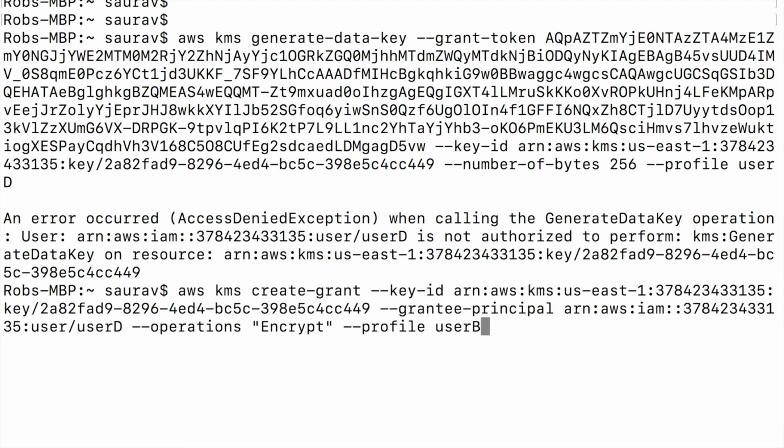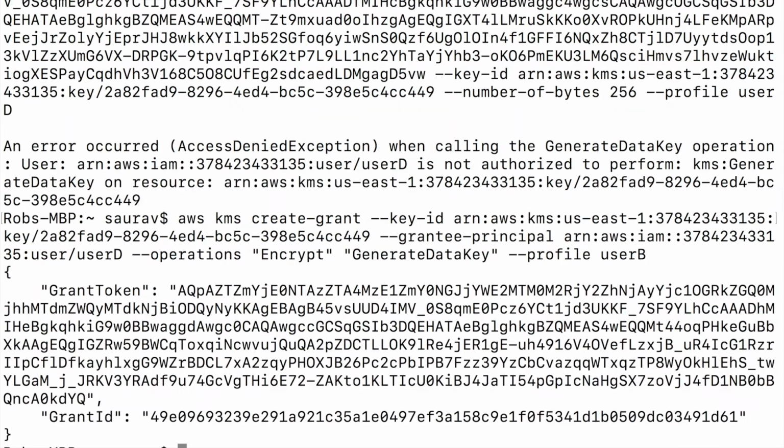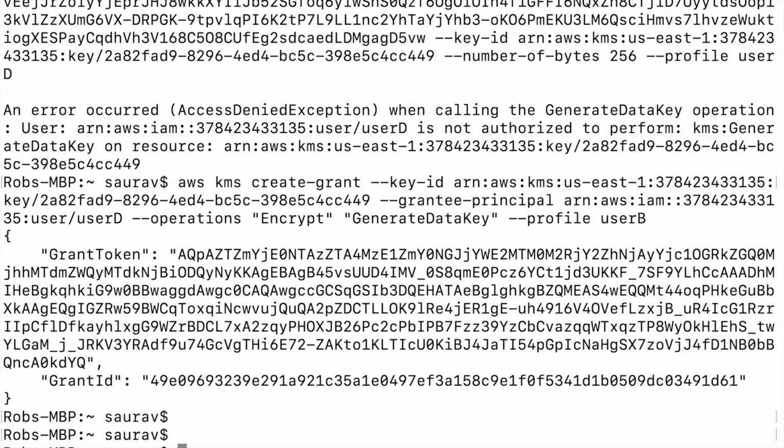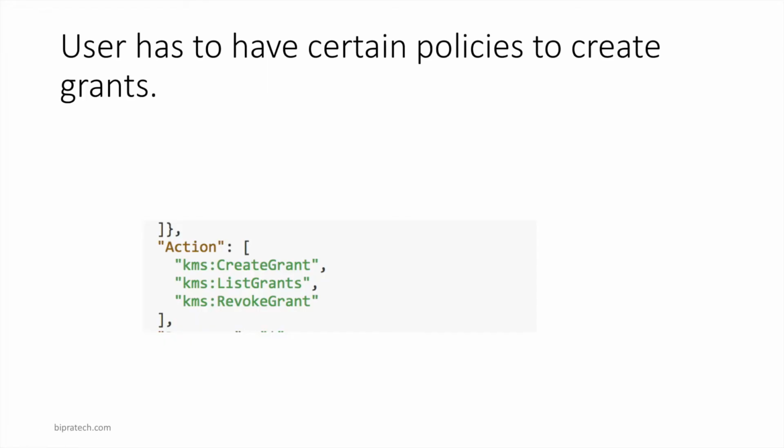And what I can do is I can create another grant with, instead of just encrypt, I also say generate data key, right? If I want the grantee to generate data key as well, then I will add that in the operations, and then I use that grant token to create or generate the data key. Now you know how to use grants to